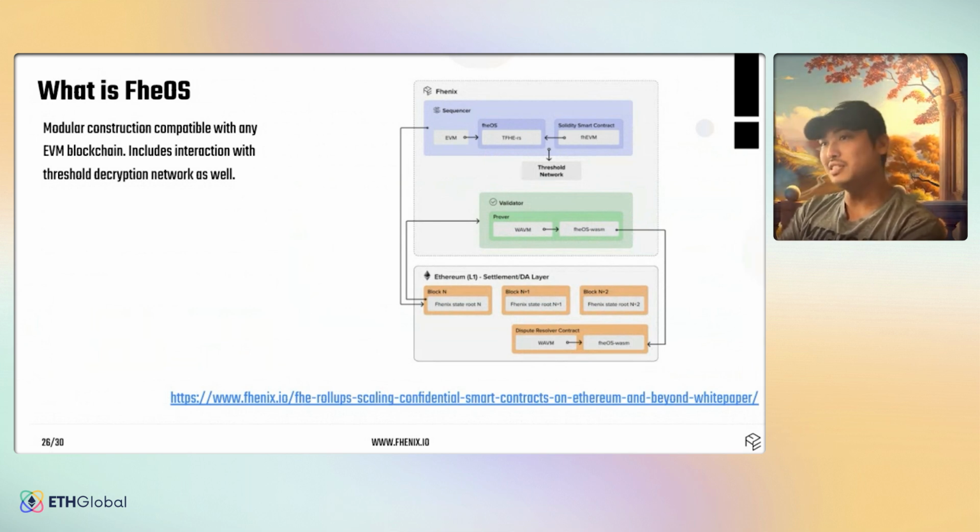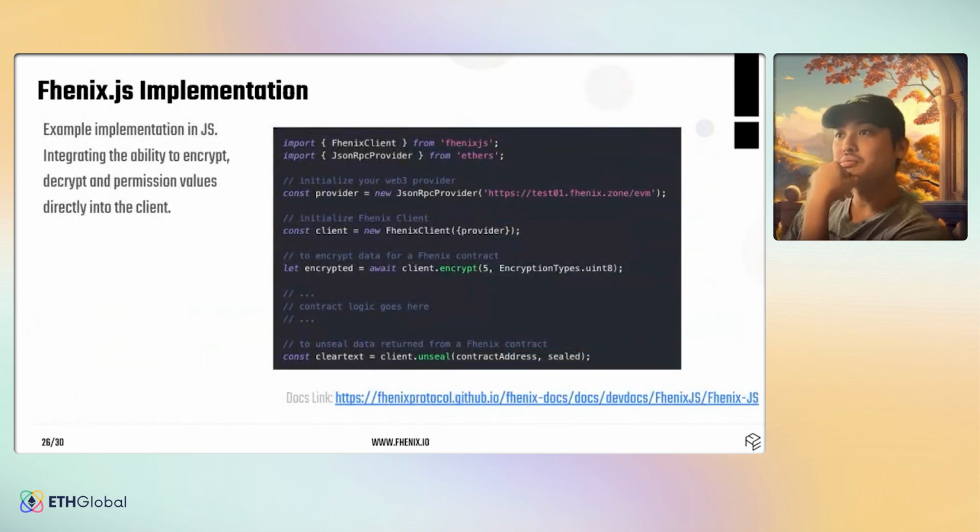Partly security, partly scaling, etc. But again, I digress because that's not super pertinent to this hackathon. Phenix.js is basically the JavaScript library that's going to allow you to interact with Phenix essentially. So I won't get too caught up with the fact that it's a new JavaScript library. Relatively, it's somewhat straightforward. In my opinion, it's very similar to standard stuff that you've worked with, right? This is basically just impacting your ABI interactions in the sense where we're going to handle permissions,